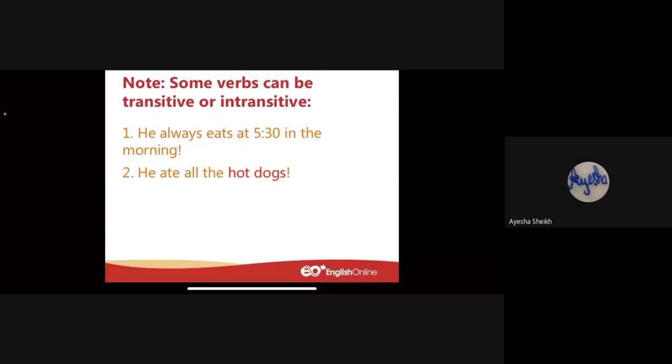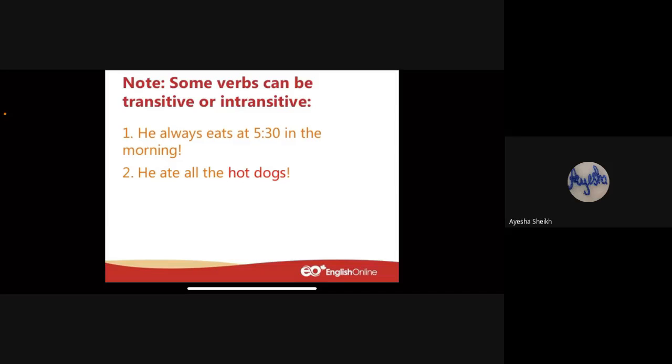Because in the second sentence we can ask what he ate. We get the answer hot dog. And in the first one we can ask but we don't get any answer. Excellent. So that is perfect answer. In the second sentence, when you ask, he ate what? Or what did he eat? Answer is hot dogs. So that is transitive verb because object is given, hot dogs.